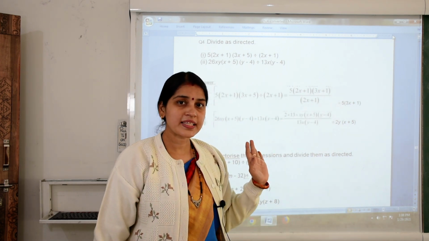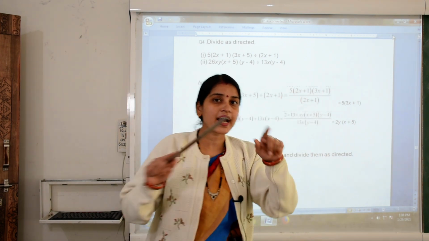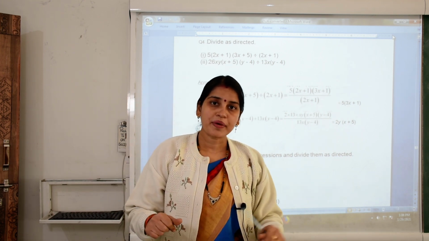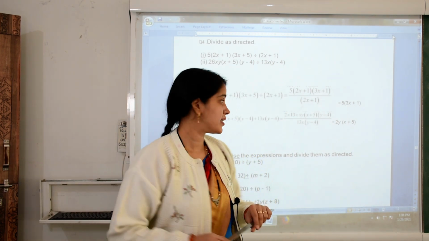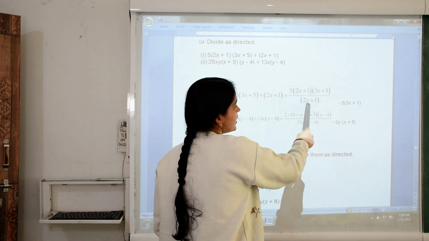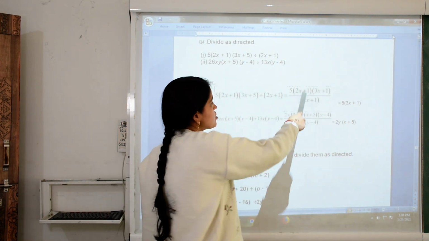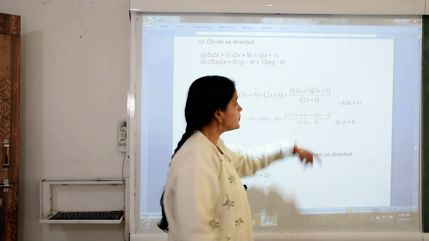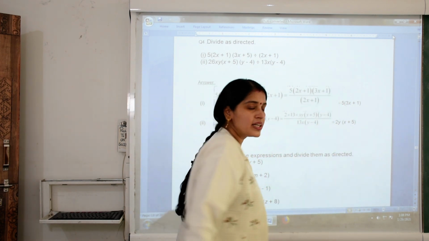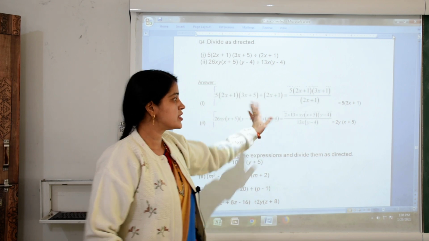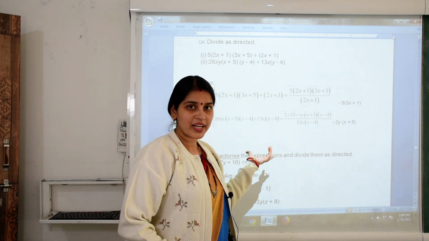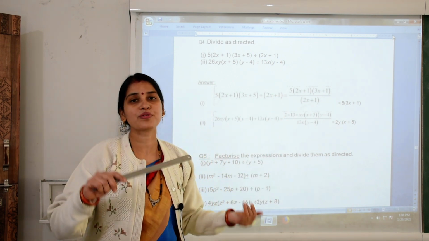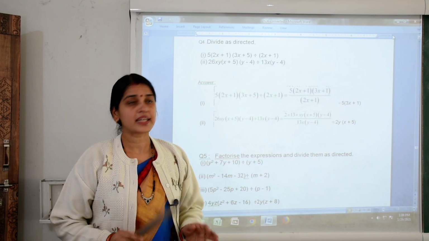Now this question is very simple. Here they are already in product form because brackets are given. Since it is in product form, we can cut directly. So here 2x plus 1 and here also 2x plus 1. This 2x plus 1 and this 2x plus 1 get cut. So left here is 5 and in bracket 3x plus 1, which is our required answer. Okay, it's very simple. It has been given to you already factorized, you only have to cut the complete bracket.